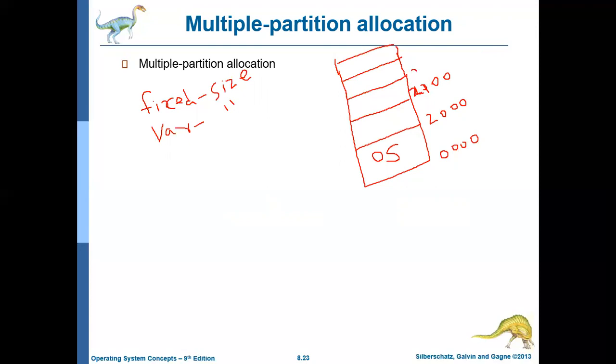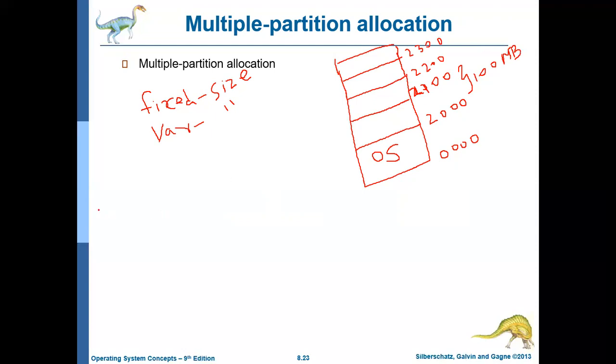Then the second partition will go from 2100 to 2199. The third partition will go from 2200 to 2300. Okay, so on and so forth. It continues. So your entire memory will be divided into fixed size partitions. Here the fixed size we are taking is 100 MB. Okay, fine. Now when a process comes, it will be allocated the first available 100 MB.